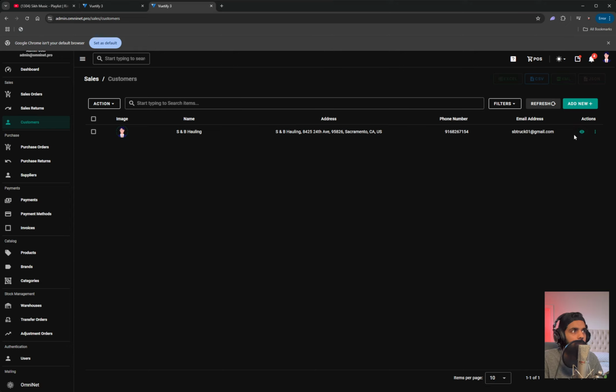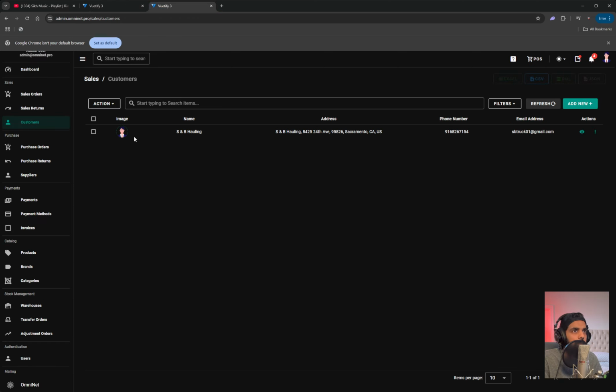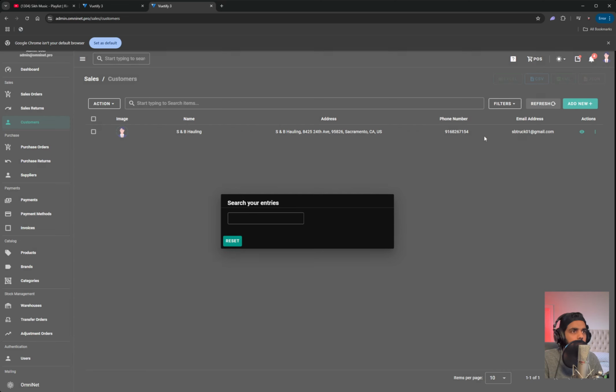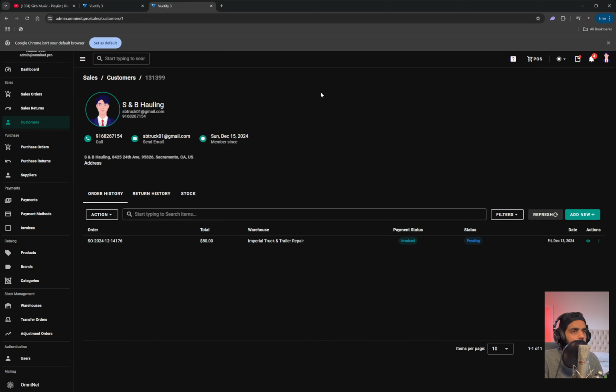Maybe if we can change this somehow. Edit. It'd be nice if this view button was on this whole thing, and then I can click here, and then it'll take me to there. And then also the image, it doesn't match up with their image as well. If we can fix that as well. Got it. And then over here,